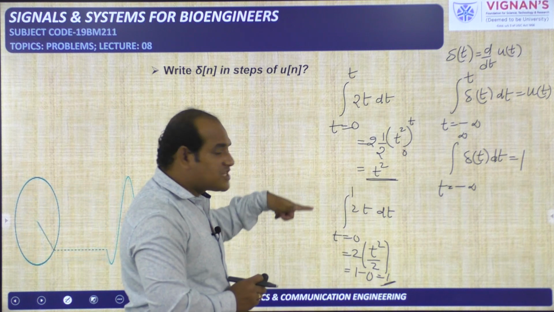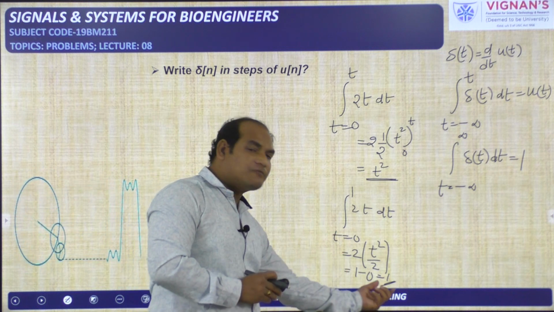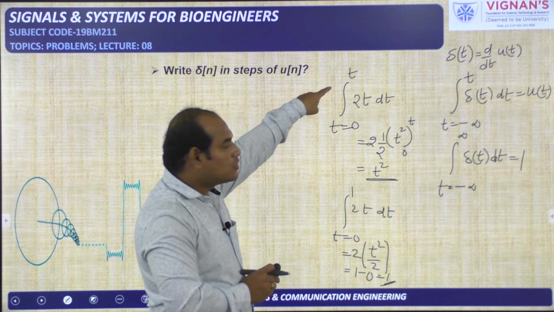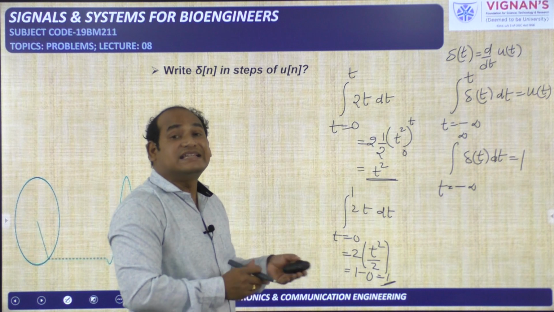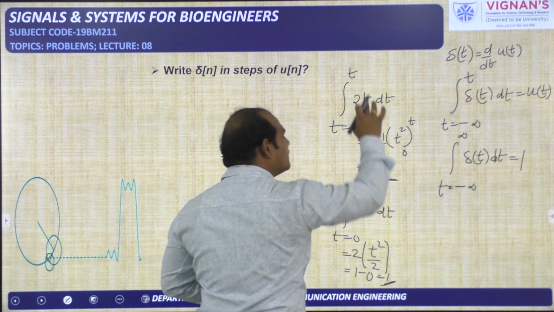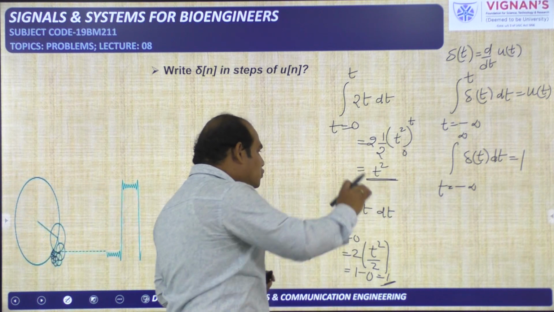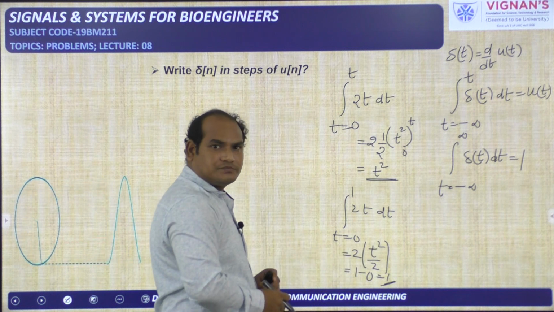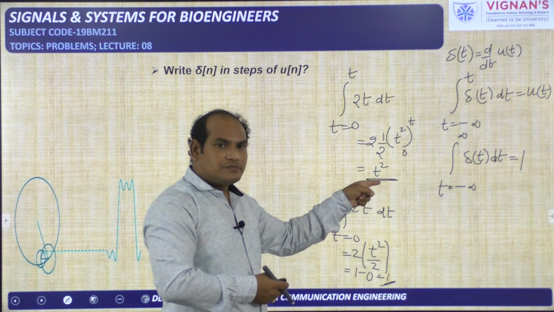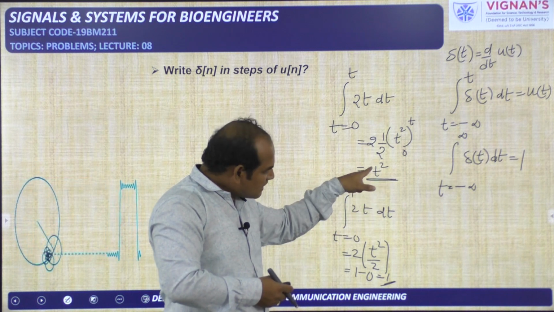What is the difference you are observing here? Because here limits are values, you will end up with a value. Here limits are variable. Okay, limit is variable, that's why you will get the function like a signal. So 2t integration will give t square. Here 2t integration is giving 1. What is the meaning of this? If you draw the signal for this, the last value, that is when t is equal to 1, it will also give 1 only.